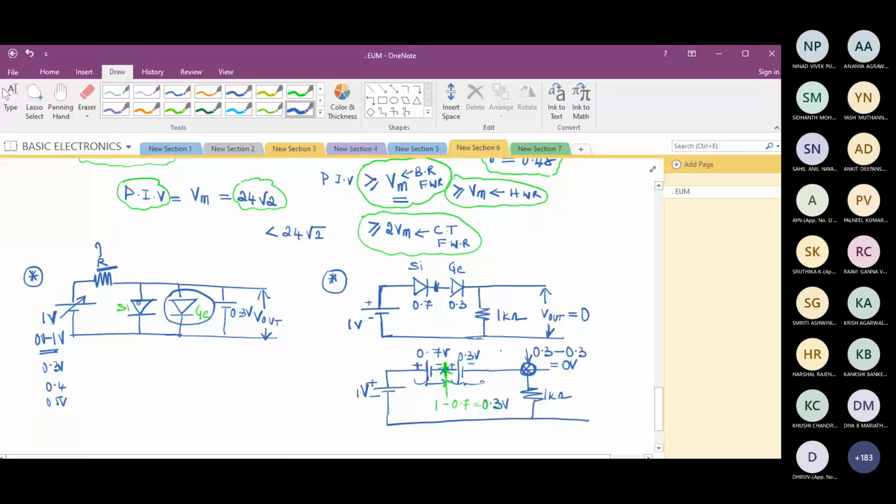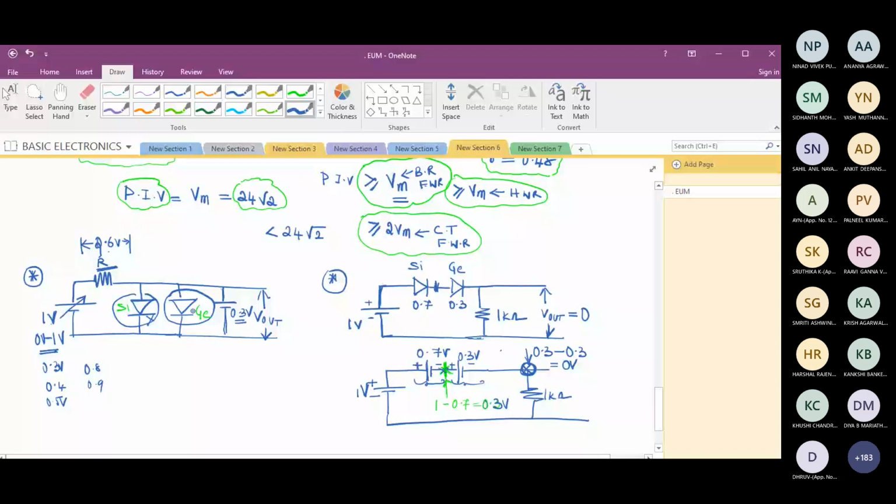No. Why? The reason is that voltage in a parallel combination is always constant. In the parallel combination, we are getting 0.3 across the silicon diode. Whatever we try to do, if I try to raise this potential, since this is 0.3, the silicon diode is not going to conduct. Now the question arises, when I'm raising it to say 0.8 or 0.9, if this is 0.3, where will that extra potential appear? Across the resistor. So say if I apply 0.9, I am going to get 0.6 here, and 0.3 we already have because the germanium diode is conducting.